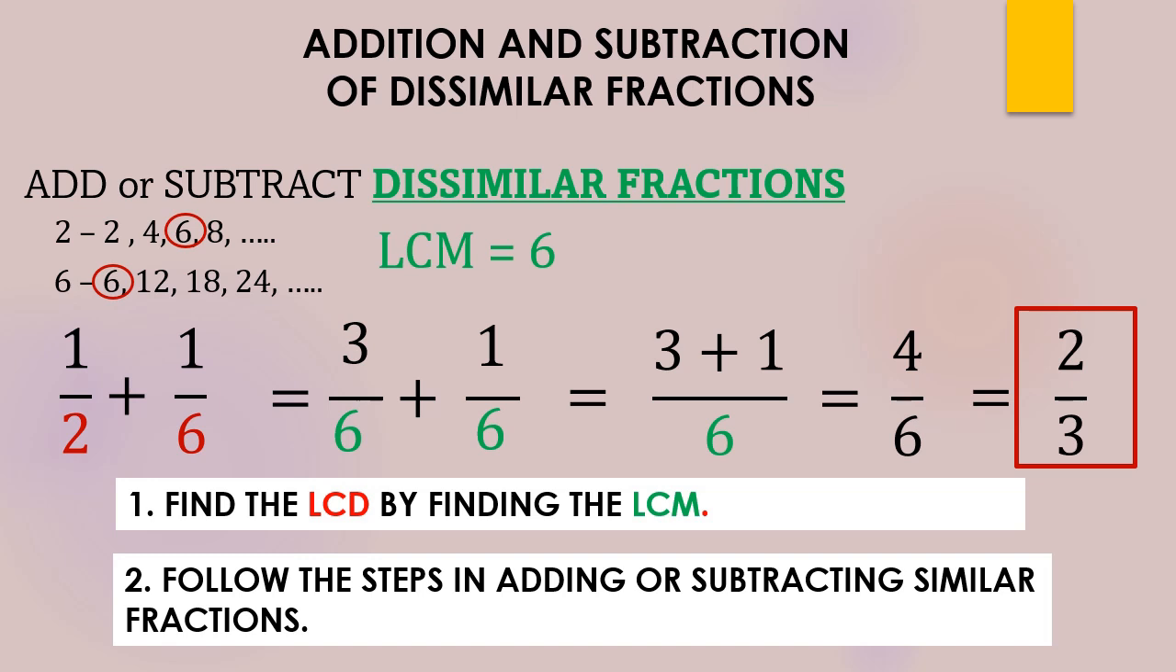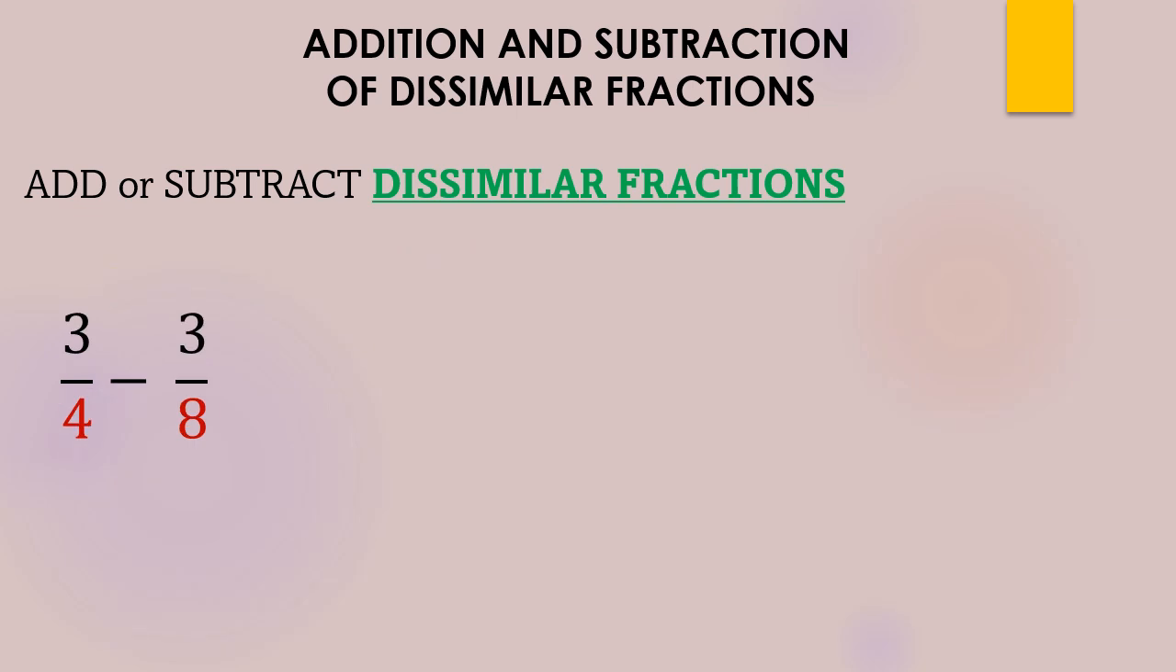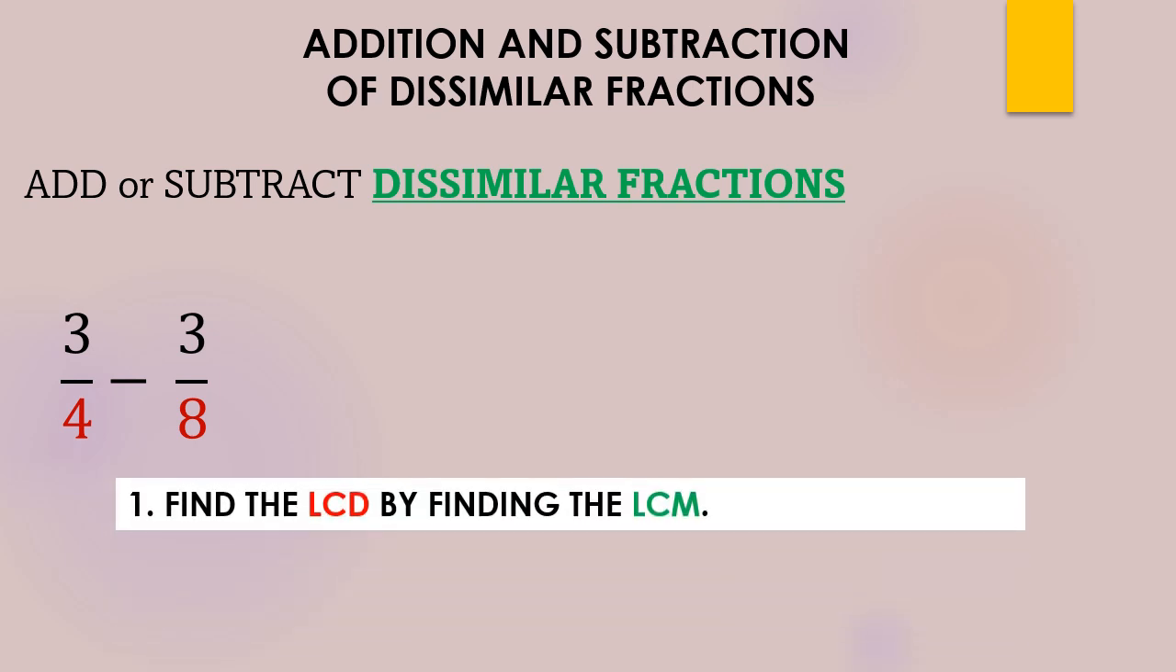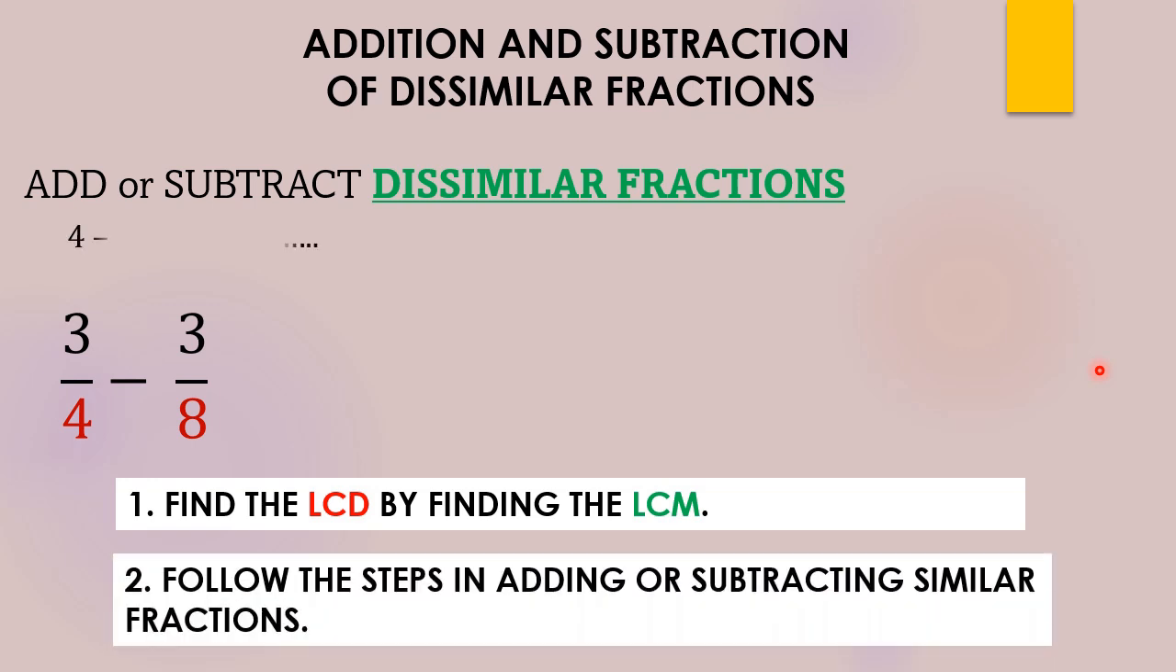Next, another one. 3/4 minus 3/8. So to find the LCD, we can find the LCD aside by multiplying both denominators. We can also find the LCD by finding the LCM. So here,